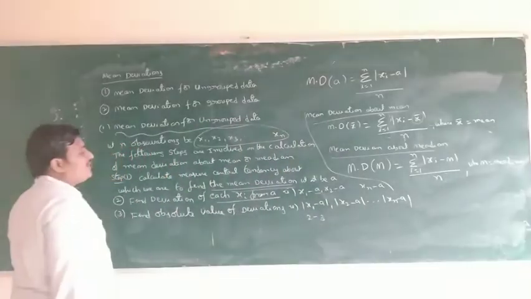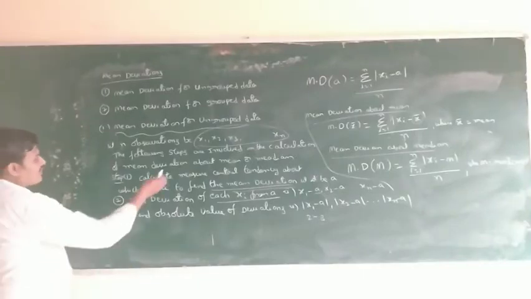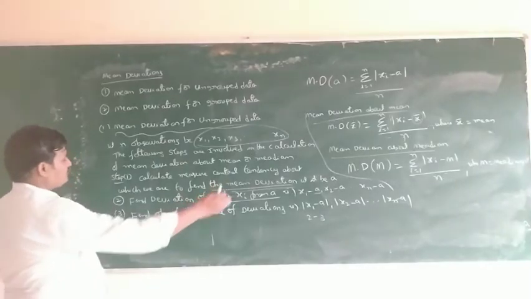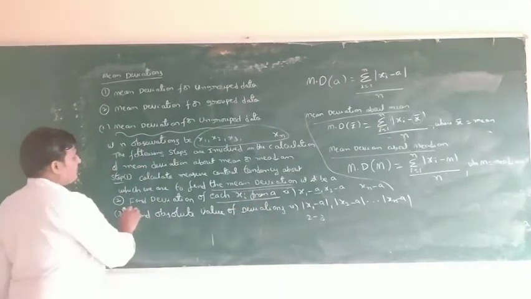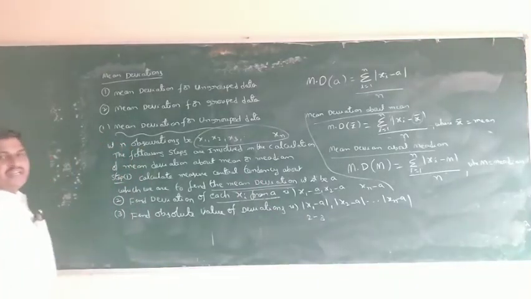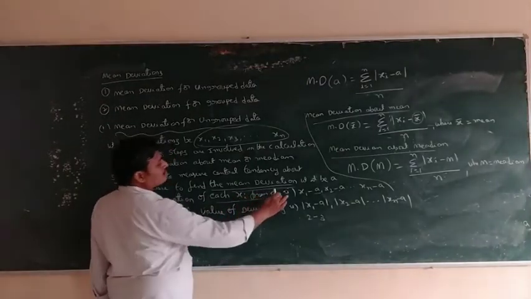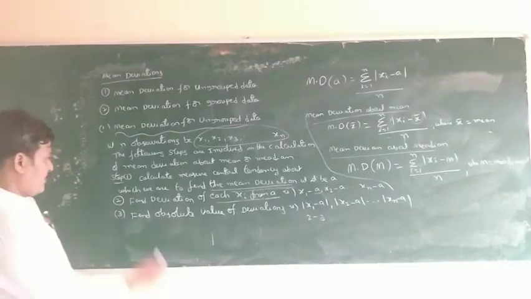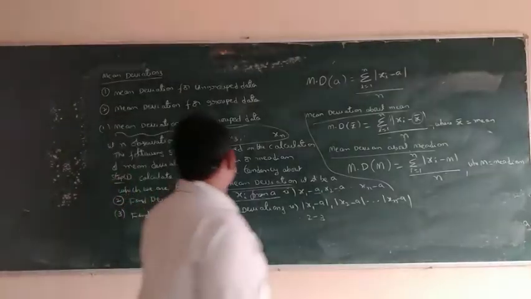Mean deviation about the mean or about the median, both have the same steps. First we have to calculate the mean or median. Next, find the deviation of each xi from A. For mean deviation about the mean, find the deviation of each xi from x bar. For mean deviation about the median, find the deviation of each xi from M, that is, xi minus M, and so on. Okay, this is the first, ungrouped data.